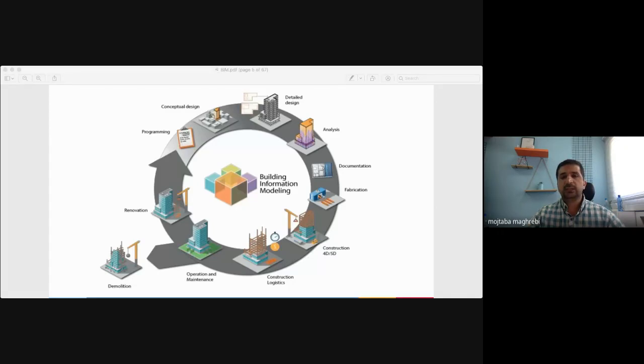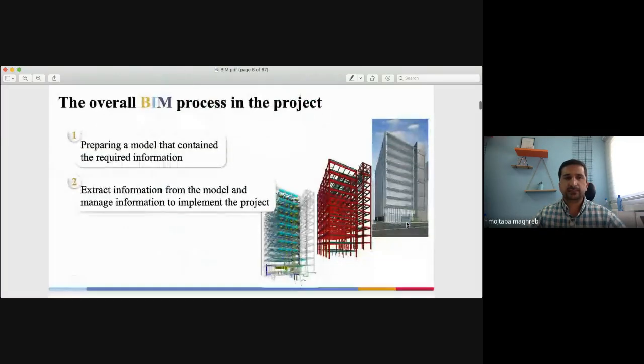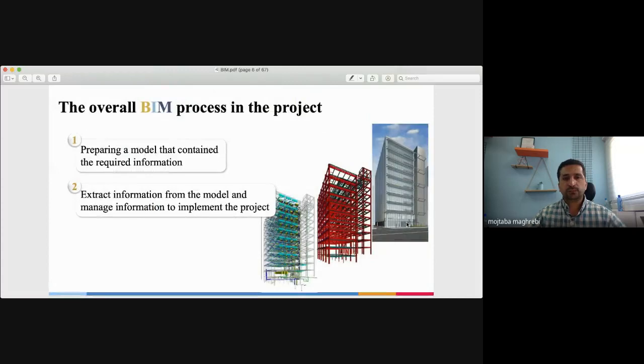When it is time to say these projects must be demolished because it's over the project life cycle time, we need to demolish the projects or maybe renovate the buildings to bring us some more time to use this facility.